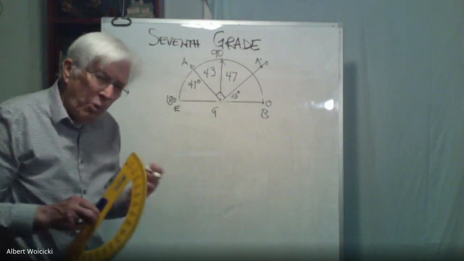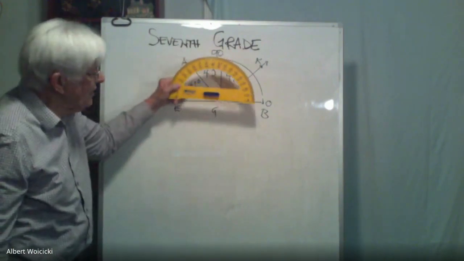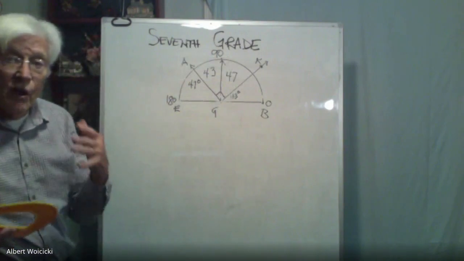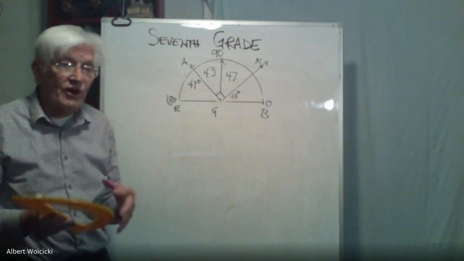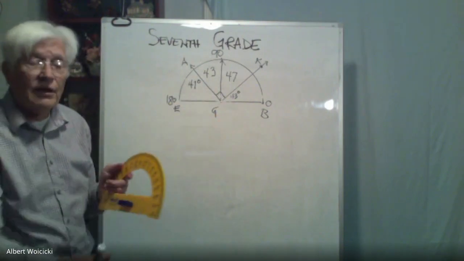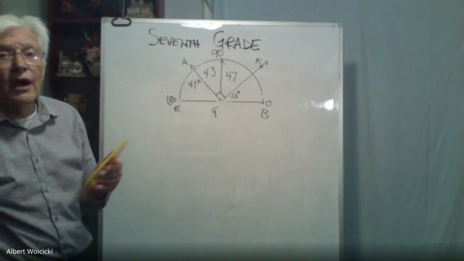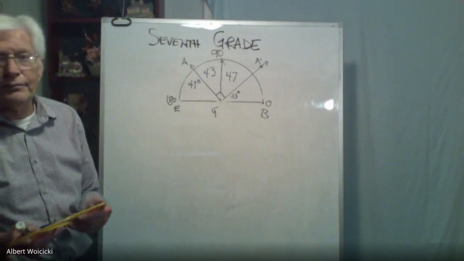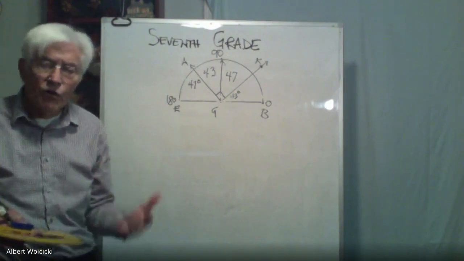But the important thing is that your students need to know how to read a protractor. They need to know how to use it in 7th grade and in 8th grade. And when they're in geometry, they're going to use it again. This is the semicircle, 180 degrees. And it's easy to use, and they should all have one. So make sure your students, just like they have a straight edge, a ruler,